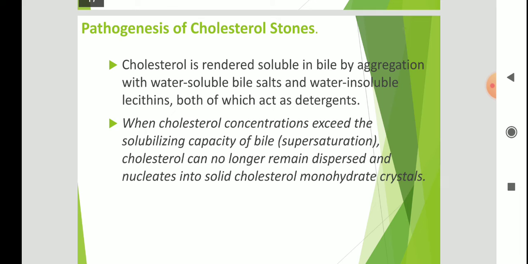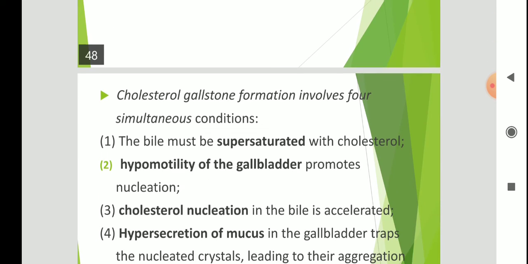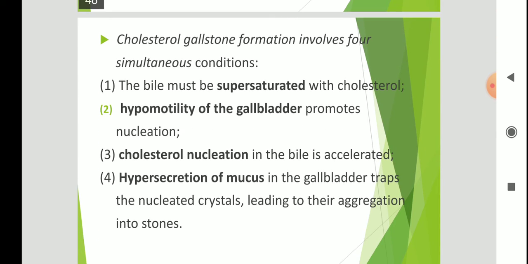Pathogenesis. Cholesterol is rendered soluble in bile by aggregation with water-soluble bile salts and water-insoluble lecithins, both of which act as detergents. When cholesterol concentrations exceed the solubilizing capacity of bile, that is supersaturation, cholesterol can no longer remain dispersed and nucleates into solid cholesterol monohydrate crystals. So, cholesterol gallstone formation involves 4 simultaneous conditions. What are those? The bile must be supersaturated,